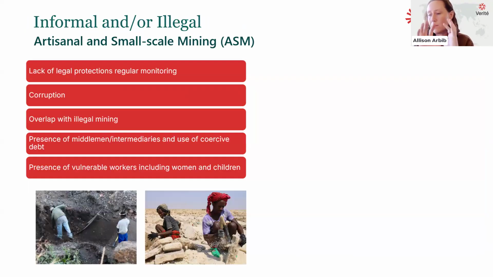So another theme or type of risk that comes up again and again is around informal and/or illegal mining. I'm sure you've heard the terms artisanal or ASM mining, small-scale mining. There's no single definition of this. It's essentially mining that uses less technology and is less capital intensive. And because of those things, it's more labor intensive. So there are a lot of people. This can be families or individuals, all the way up to actual commercial operations that are just smaller scale. They're not the huge commercial concessions you might see.